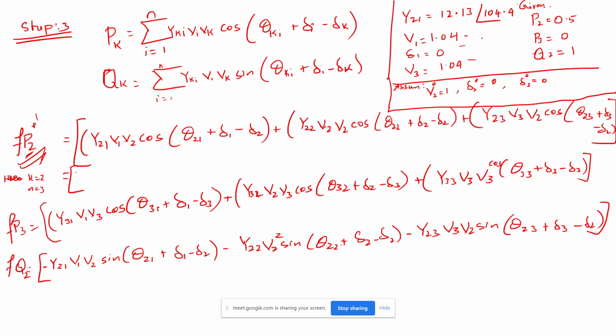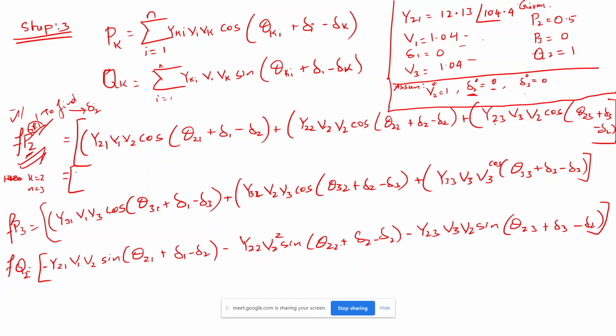By applying the given values and assumed values, we need to find out the first corresponding equation. To find what? To find del 2. Even though we are going to find del 2, here we are assuming del 2 as 0 for the 0th iteration. This is r or r plus 1 iteration. For r plus 1 iteration, we will come up with a new del 2. That is after solving only. Before solving, this equation contains del 2 value that we assume as 0. I hope you understand what I am trying to tell.